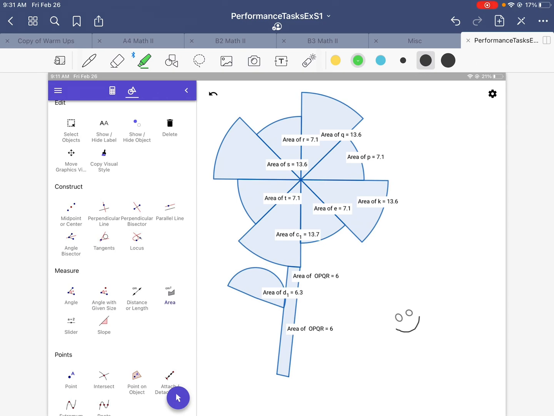I do have examples from last year, but I have misplaced them. So anyhow, this is my example that I just made just now. So hopefully that helps you, and let me